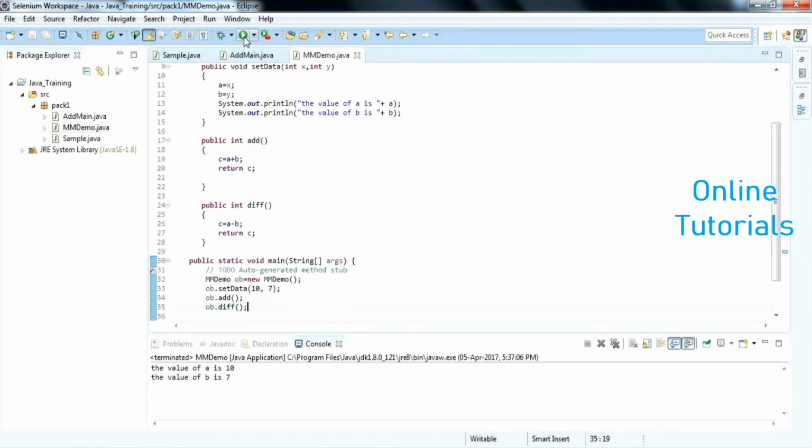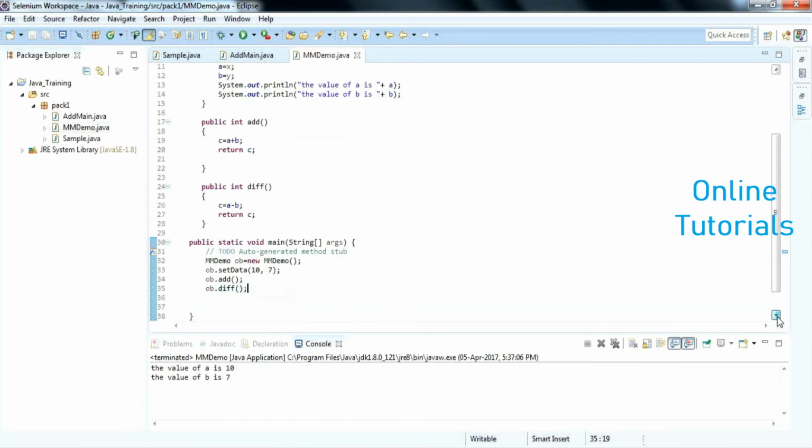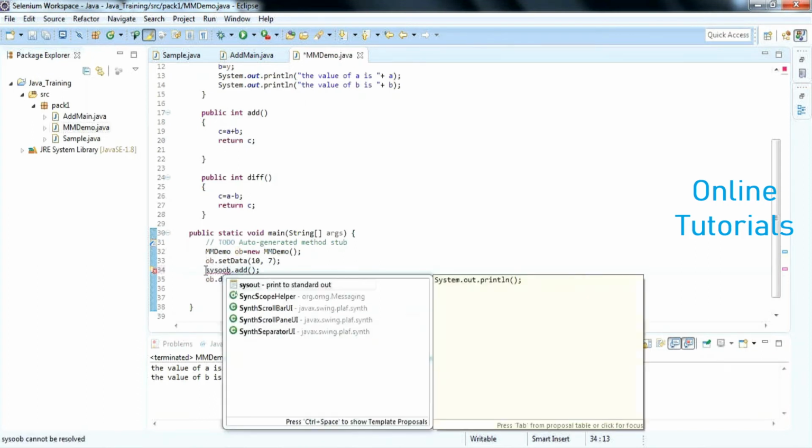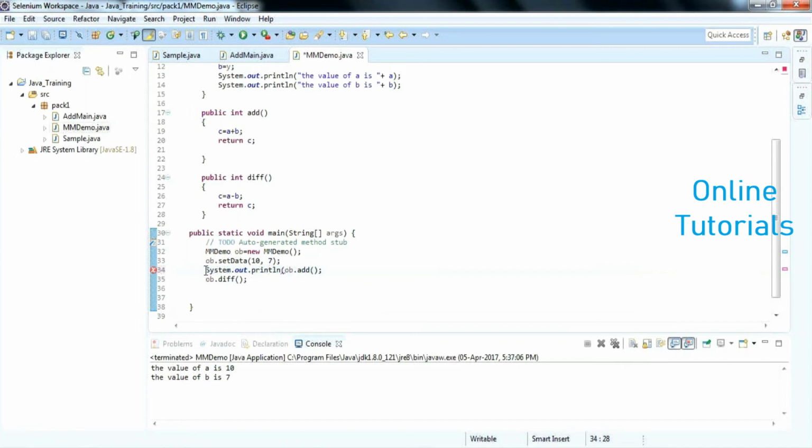There is no value of C, right? What you can do, where you are getting the value, whenever you're calling the function or method, you'll be getting the value. Means I want to make this function call in the output statement, System.out.println. So I want to add some text. The sum is, so you are getting the sum from the method called add, and at the same time I want to write like, the difference is